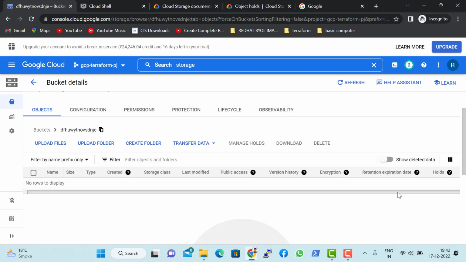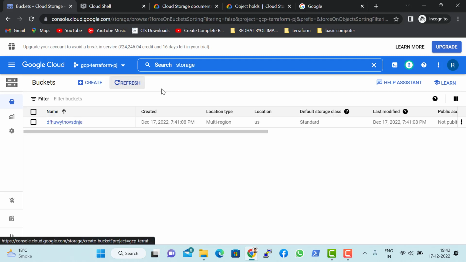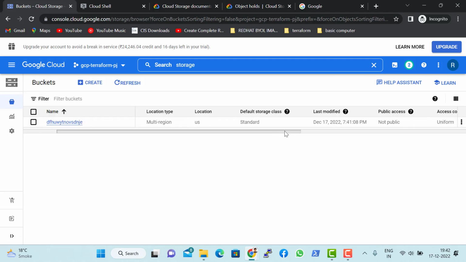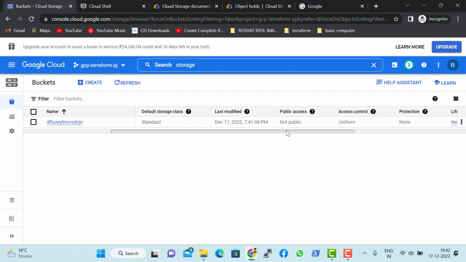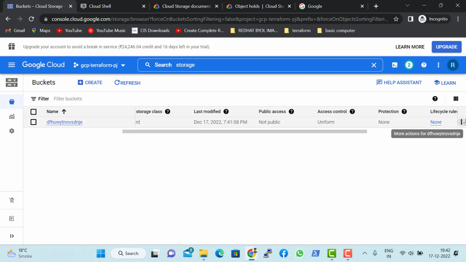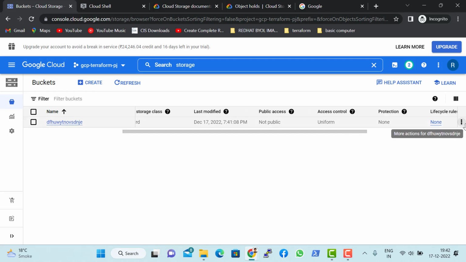Okay, so let's talk about the options available. At this moment it is not public. As I said, by default when you create any bucket, it will be private. So suppose you want to make it public, then what you have to do is click on the three-dot menu button and go to edit access,